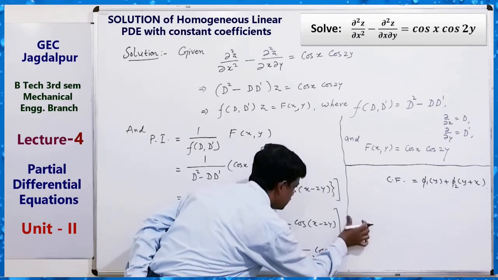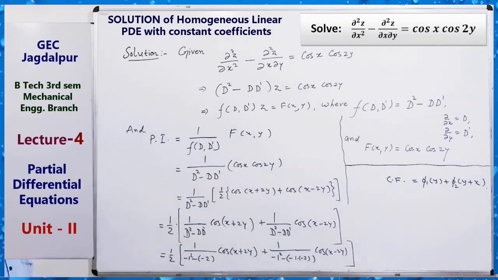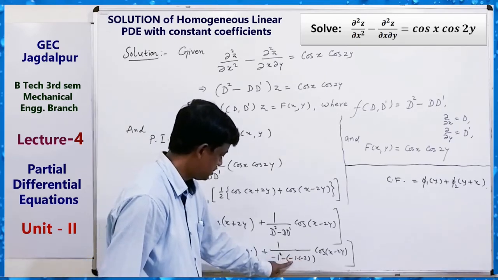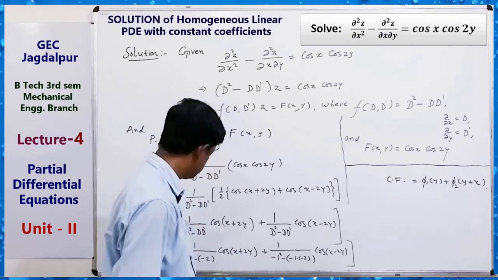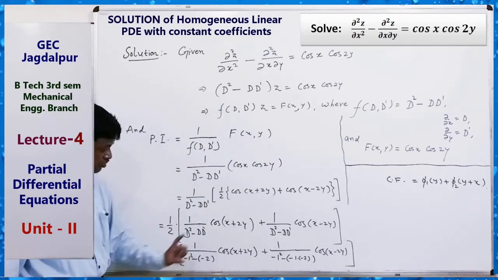Is this well clear? So finally pi equals to what? 2 minus 1, 1. Minus minus plus minus minus 3. So we are getting here 2 minus 1, 1. So 1 by 2.